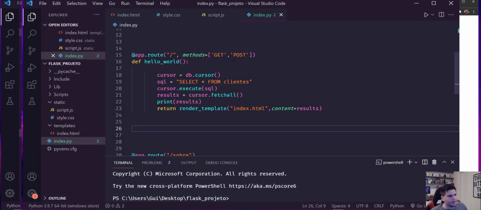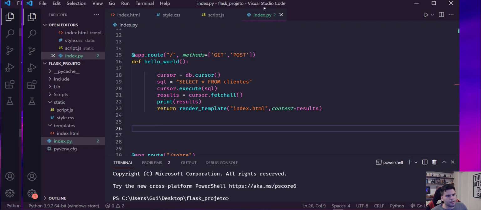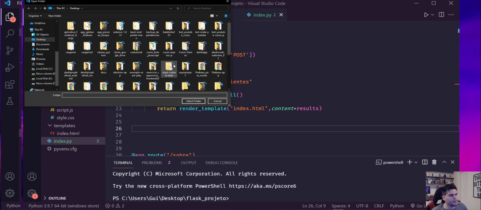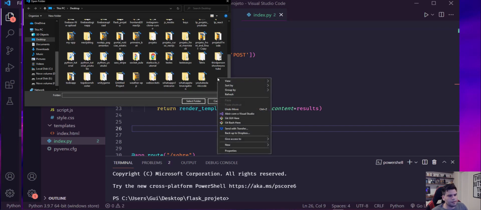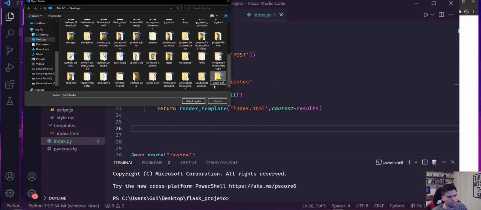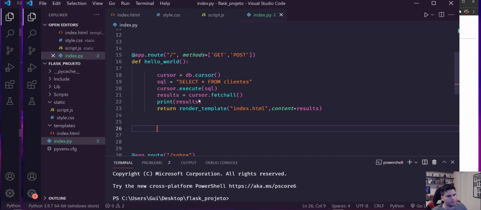In my case, I'm going to use VS Code, but to be honest, you can use even Notepad. What I have here is a Python project. That's not what we want. So let's create a new folder. In my case, I'm gonna create it on desktop. New folder, and I'm gonna type the name of the project, Node Tutorial YouTube. Open the folder, select folder,